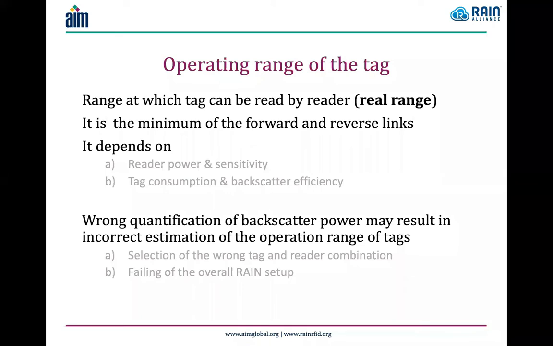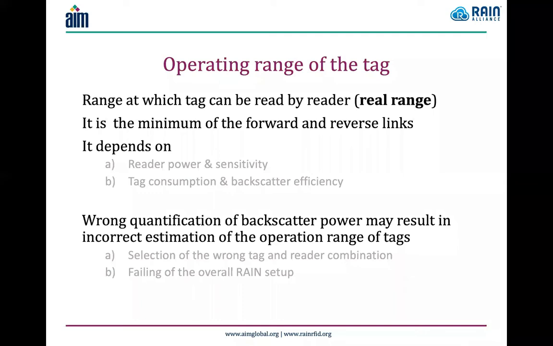Over the last few years, we have seen some discrepancy in how the reporting of the backscatter power is done, which has now been resolved with a standardized method. So we need to be aware of this and use the right method to measure the backscatter power. This would result in the correct selection of the RAIN and the reader combination, thereby ensuring that the RAIN system